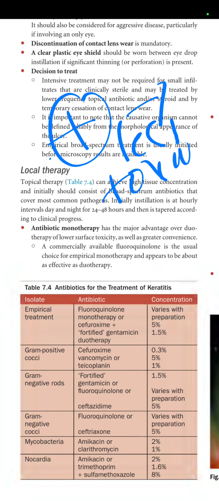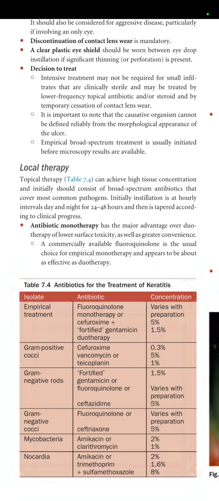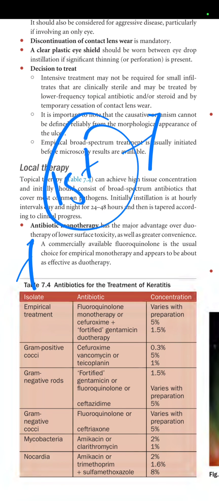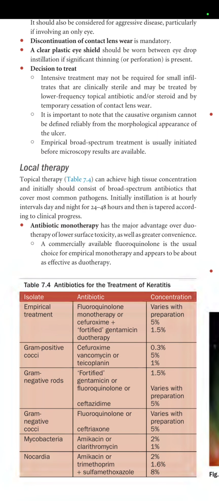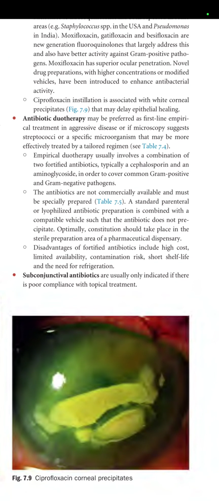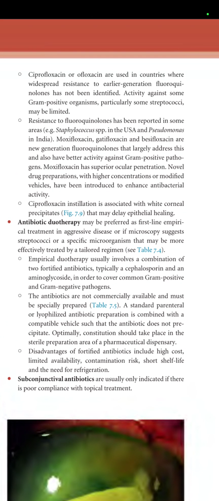A commercially available fluoroquinolone is the usual choice for empirical monotherapy and appears to be as effective as duotherapy. So fluoroquinolone is basically our first treatment of choice. Why is it the first treatment of choice? Because we don't have to prepare it, and there is no risk of contamination as with the fortified eye drops. Ciprofloxacin or ofloxacin are used in a country where widespread resistance to early generation fluoroquinolone has not been identified. So if there is an area where there is no resistance to fluoroquinolone, then we use